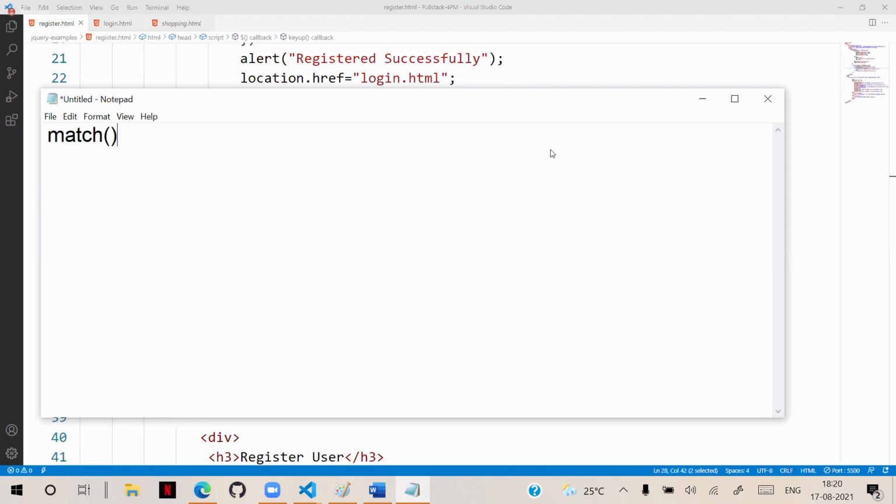Generally, for which purpose is the match method used? It is used to compare with a regular expression, not two strings. It is used to handle regular expressions.